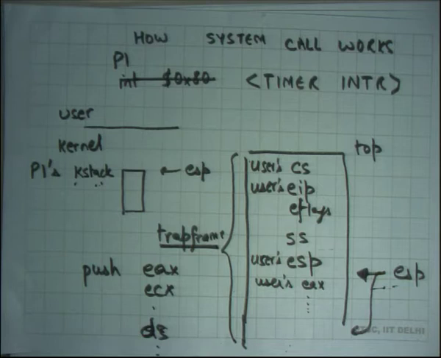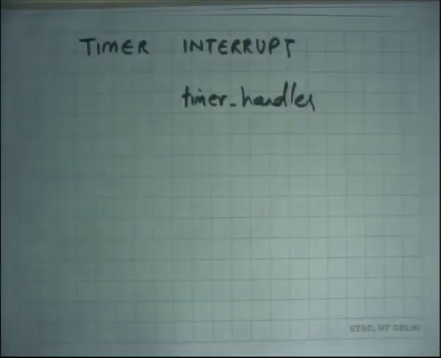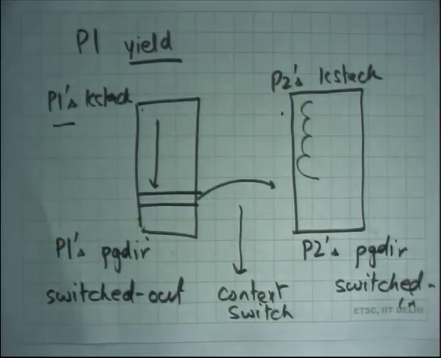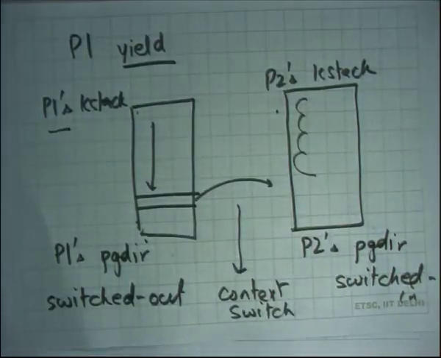Once again, the K stack will contain all the information about exactly where the process got preempted and what the values of its registers were in the trap frame, right. And whatever the kernel's call chain is will also get saved, and then you context switch just like before. Another process's K stack would have been saved. The other process may have been preempted by a timer interrupt or by a yield call. In either case, the unwinding process is similar and you go back to the user, right. So that's how an involuntary context switch happens.